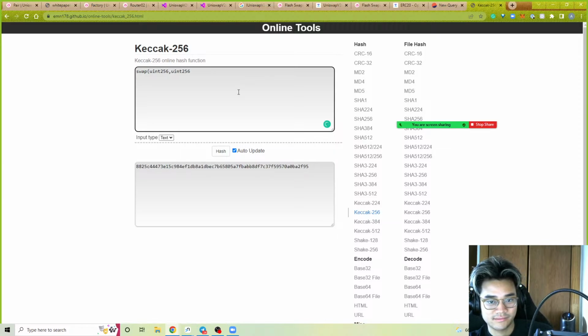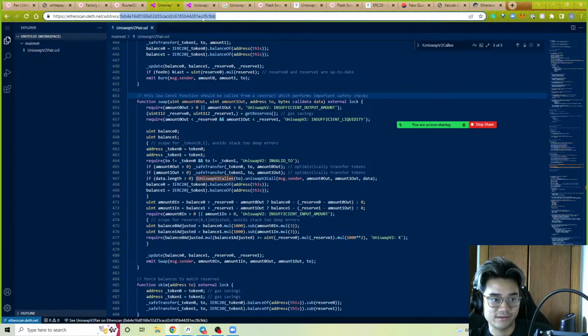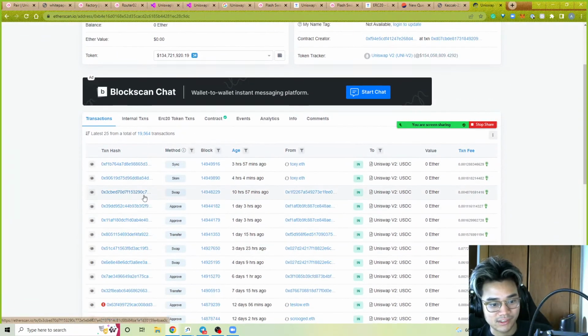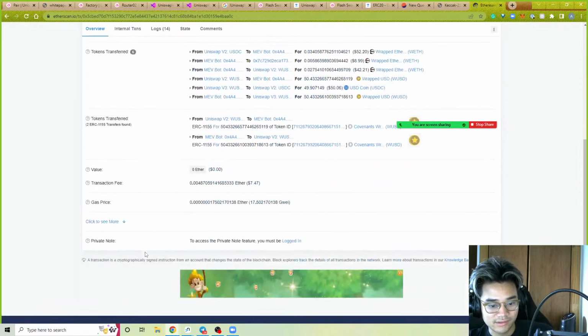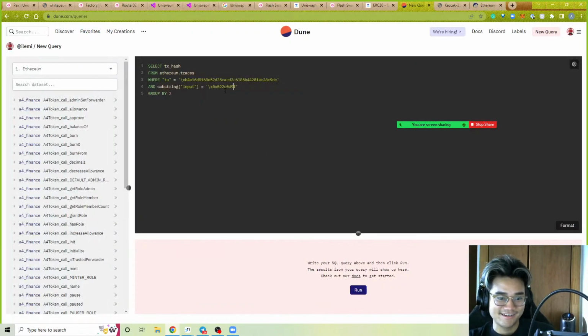Oh, you know what? Hold on, there's a faster way to do this. In this case, go to Etherscan. This was the pair, and I just look for swap being called. Then I could see the method ID. All right, that's faster. We have this where,